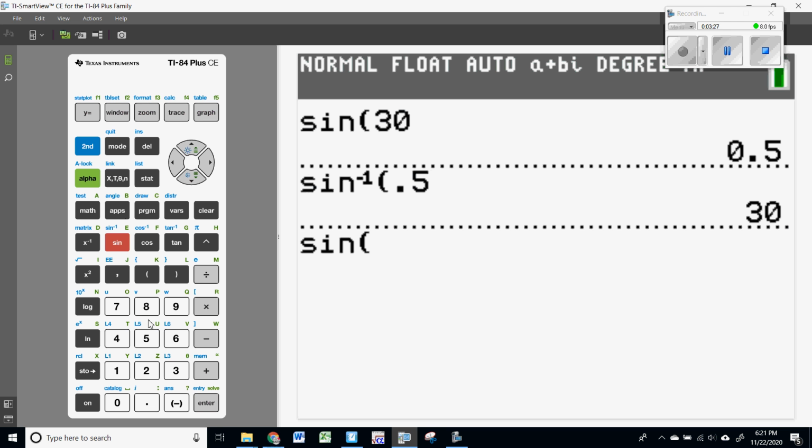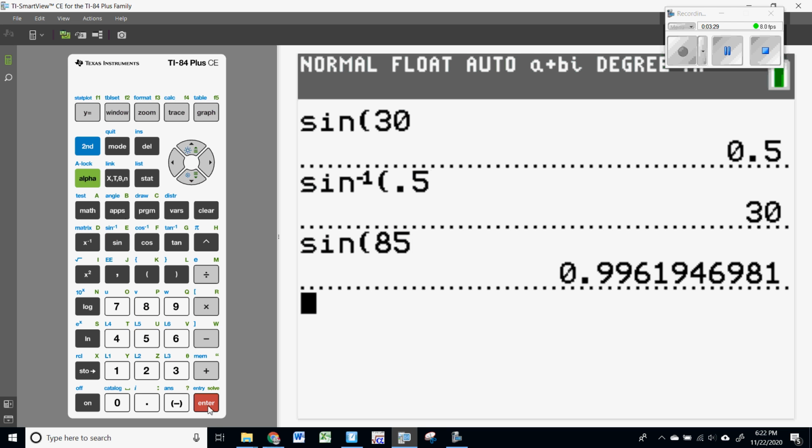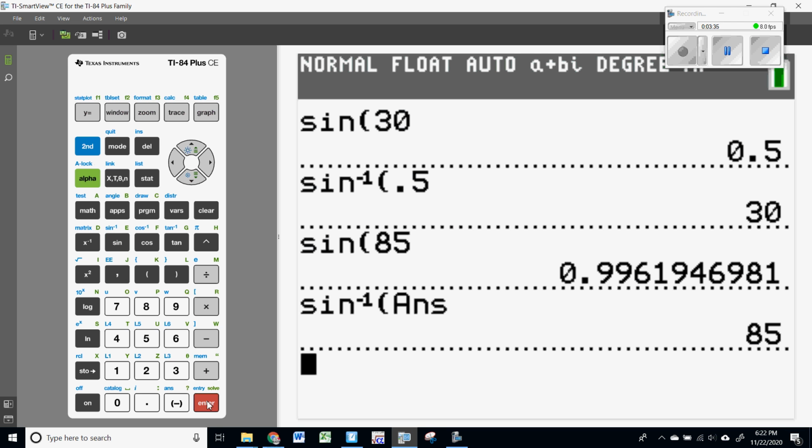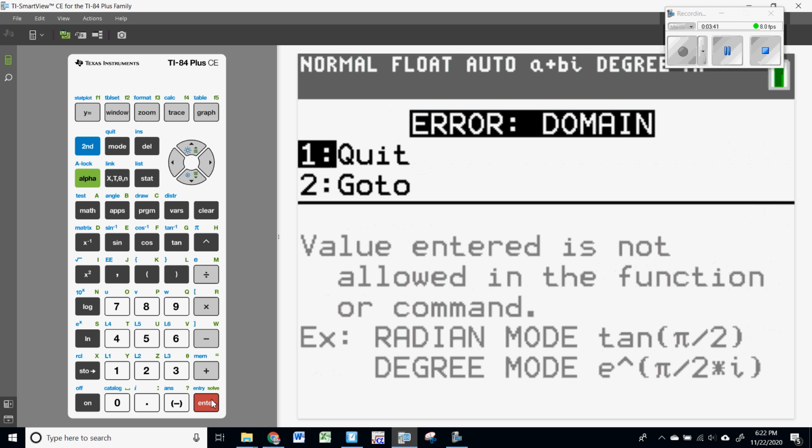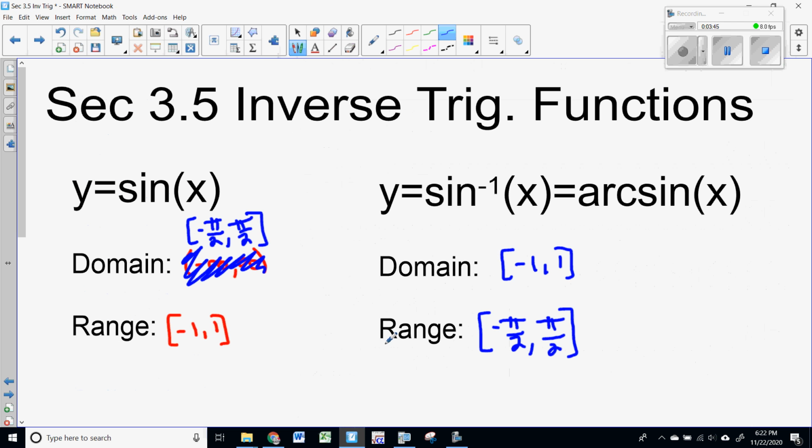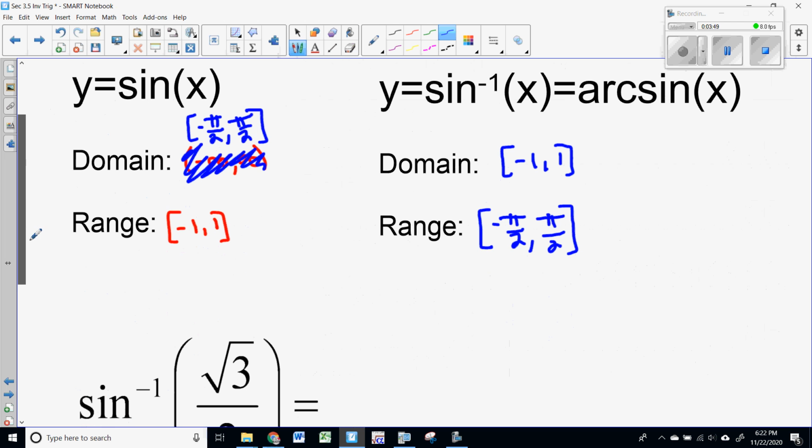If I take the sine of 85 degrees, and then the inverse sine of that answer, I get 85. Now, I cannot take the inverse sine of -2. I get an error. Because remember what the inverse is asking, if you remember it this way,